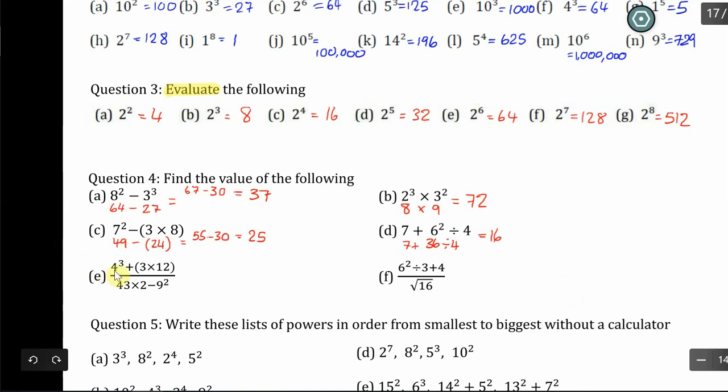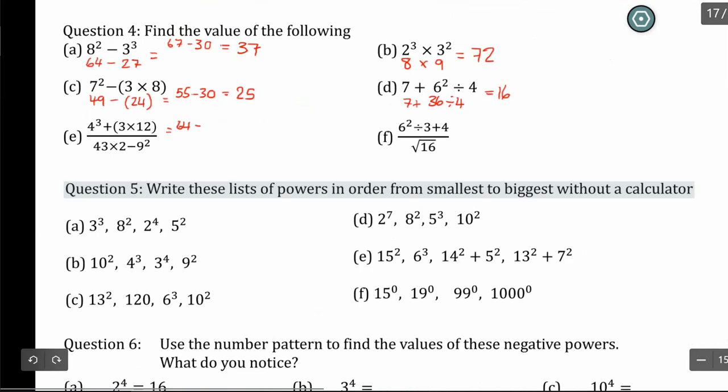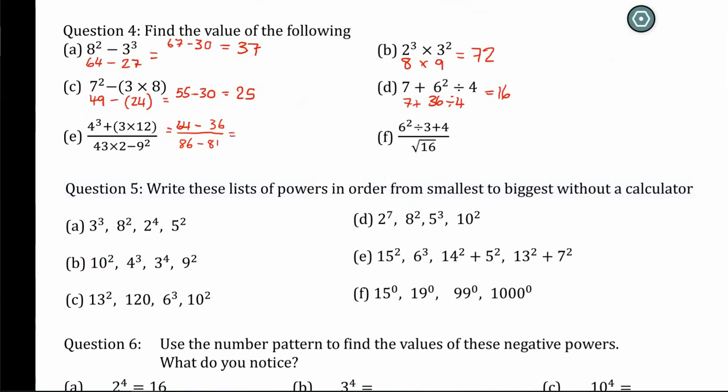On part E, I want to do each part of this numerator and denominator separately. So 4 cubed would be 64 minus the brackets, which would give me 36. And on the denominator, 43 times 2 would give me 86. And 9 squared would give me 81. So that denominator would be 5. So this is going to give me